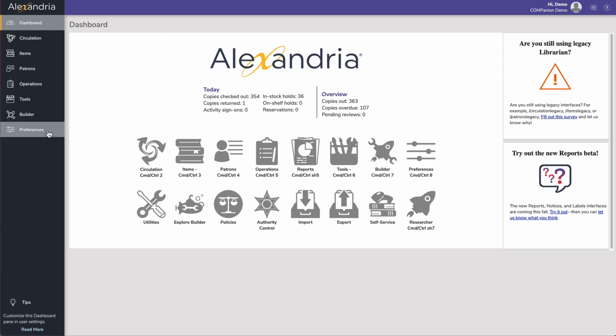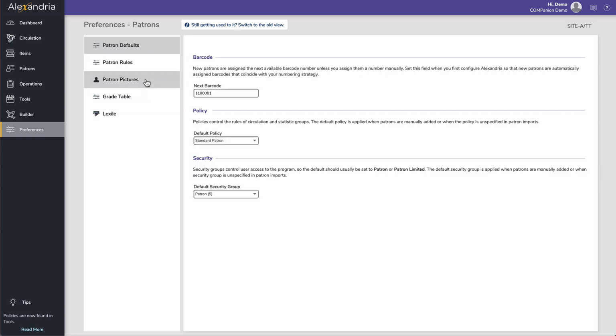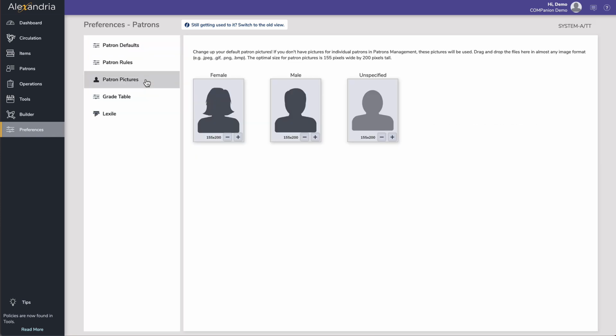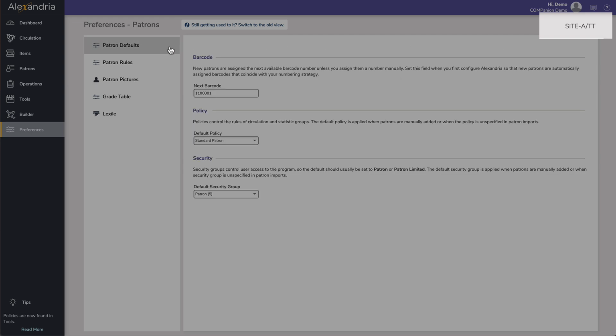Preferences are your preferred settings in Alexandria. Go to Preferences from the side nav to customize Alexandria by setting System and Site Preferences. Once you've selected a preference area, look at the top right of the window to see if this is a system preference, affecting the entire database and all associated sites, or a site preference that only affects the current site